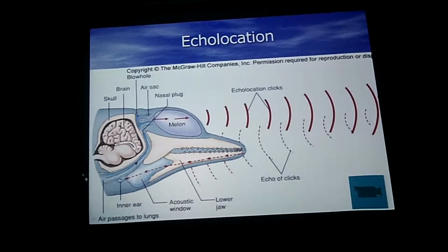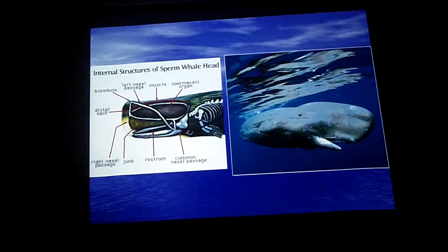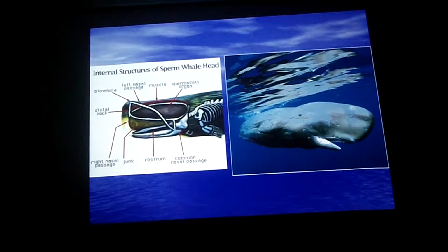And as it turns out, they think they might communicate with one another through echolocation. By making clicks, they can kind of draw pictures in each other's minds of whatever they want to talk about. So there's some interesting research on that. If you want to ask me about that at some other time, I can go into detail. Maybe the next time we have class together, I'll talk a little more about that. It's kind of involved, and I don't want to go into it here. But anyway,